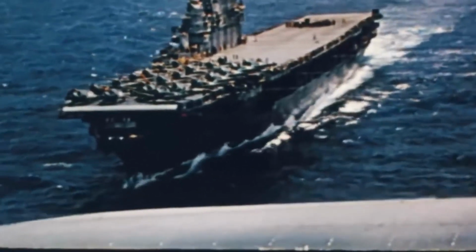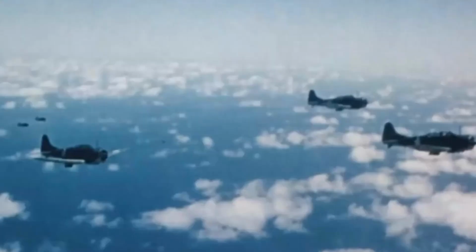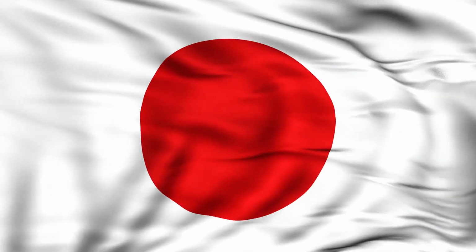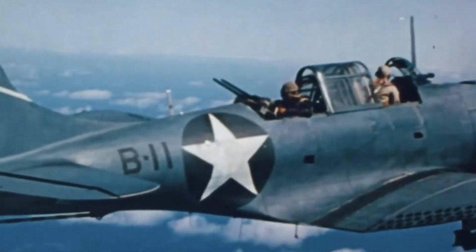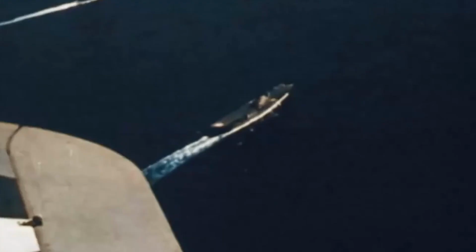The battle was significant for several reasons. It was the first time the U.S. Navy had successfully engaged and defeated a Japanese carrier force. It was also a turning point in the war, as it marked the end of Japanese expansion. And lastly, it was a demonstration of American ingenuity and intelligence, as they were able to break the Japanese code